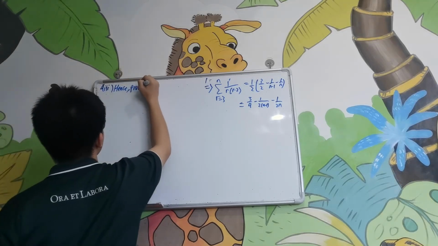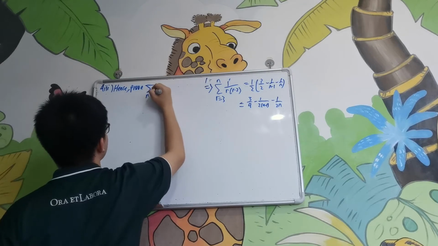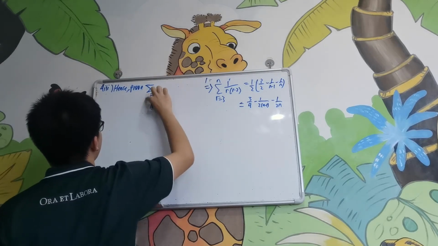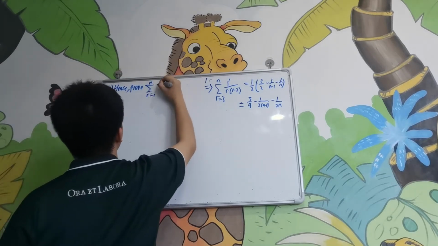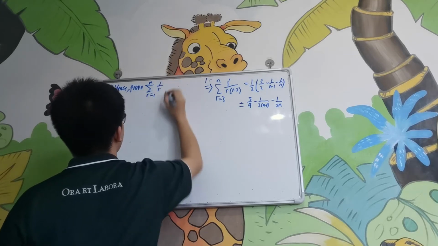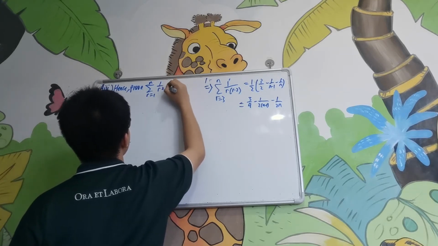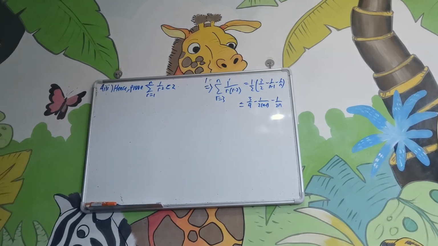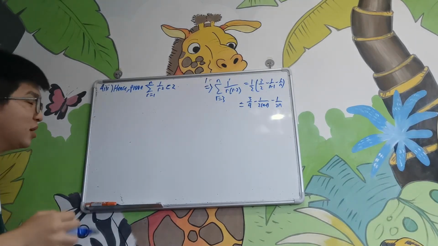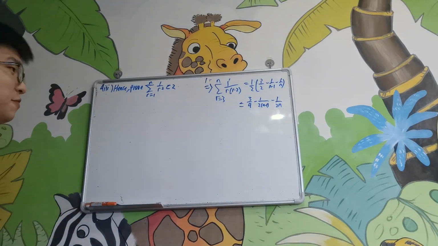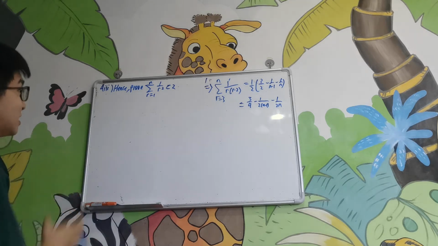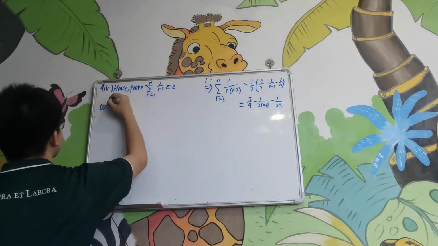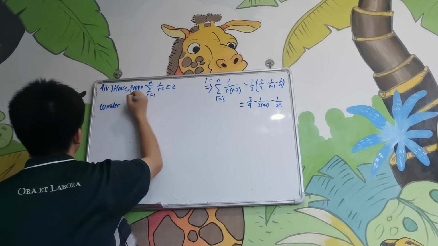Prove that the summation, n equals 1, r equals 1 to n of 1 over r squared is less than 2. This is where something very beautiful happens. I want you to consider this. So consider that